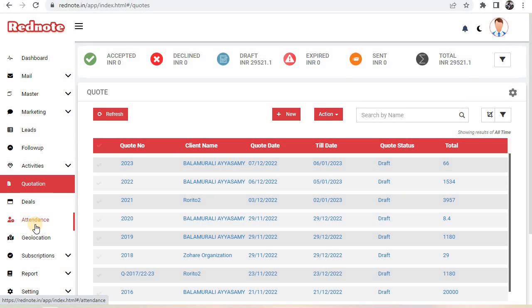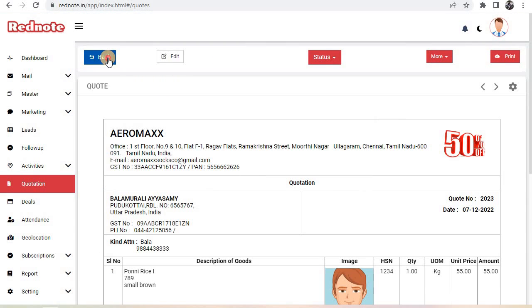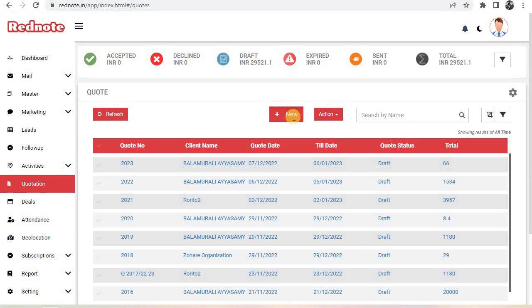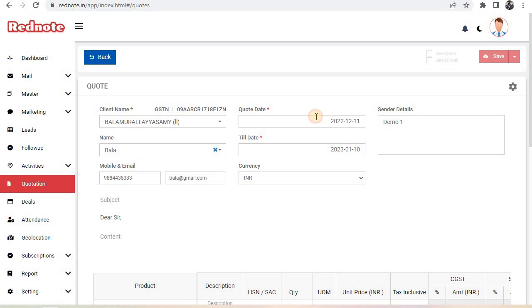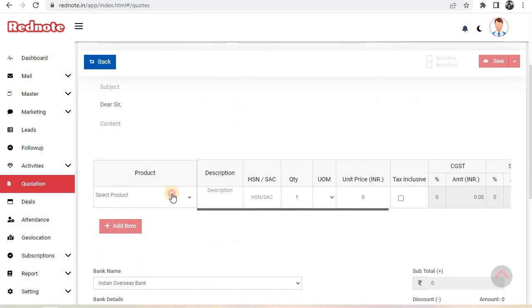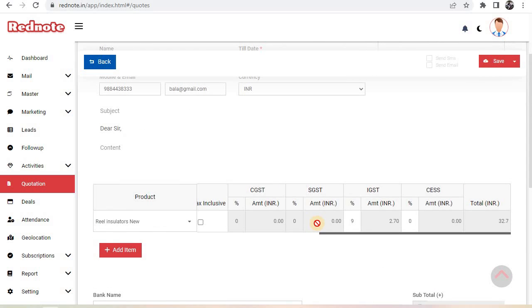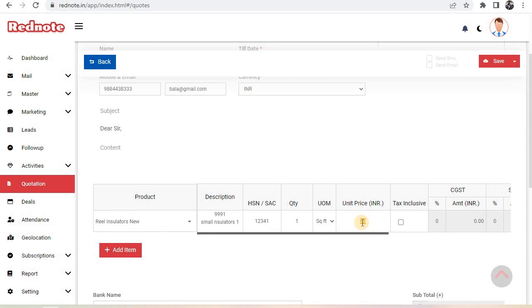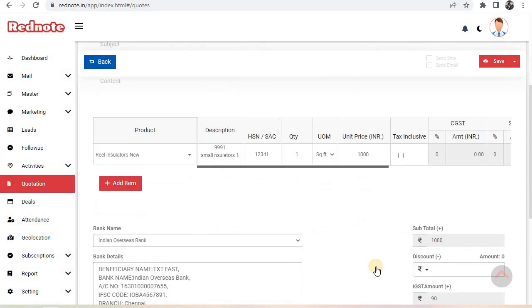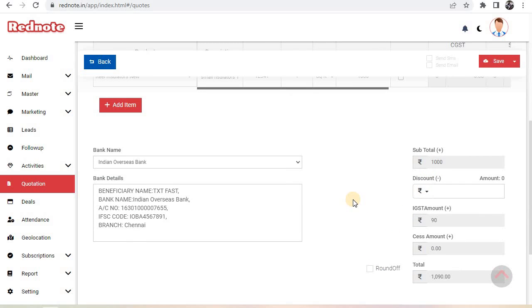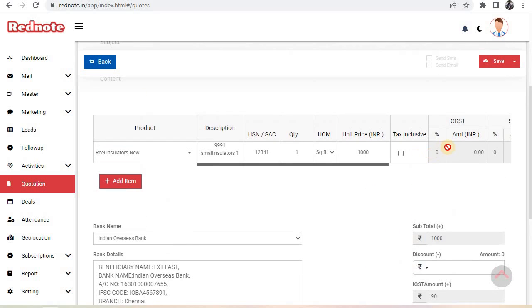And then quotation. As I said earlier, you can prepare a quotation using the CRM software. Let me show you the fields which are required: client name, quotation date, the product they have inquired about, quantity, and price. GST will be calculated automatically. As an example, I'm showing 1,000 rupees. So it will show 1,090. I mean,